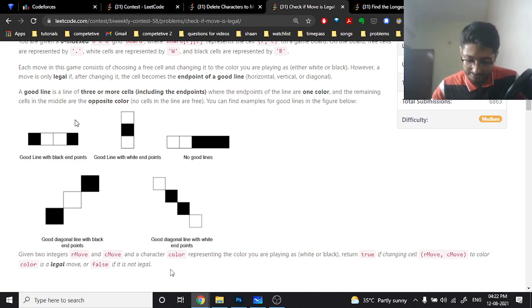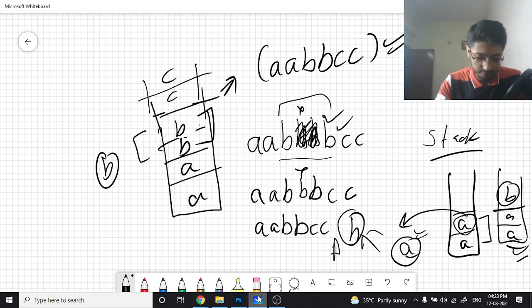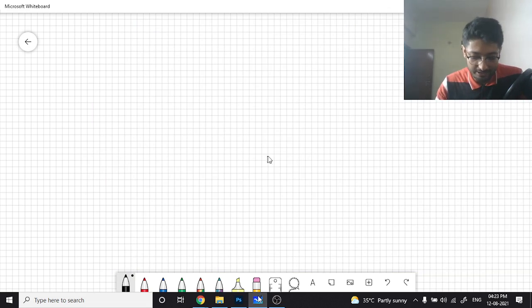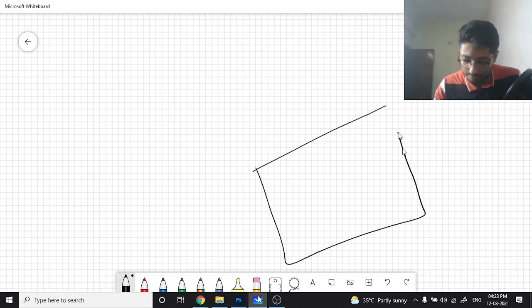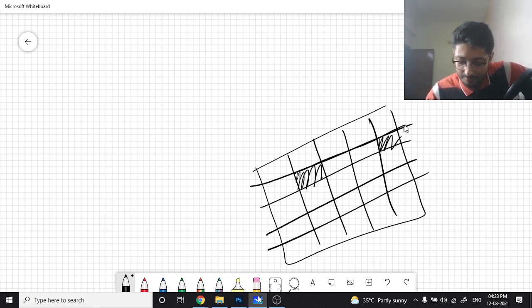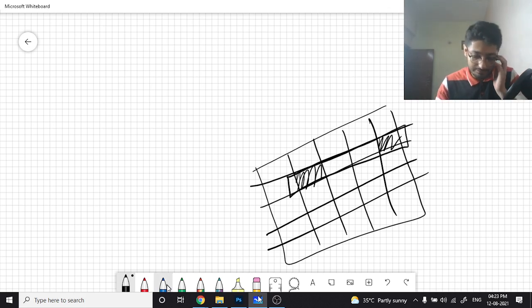Why? Because I can show you. First, delete this out. A good line is somewhat like this. You have some grid. Maybe I have one endpoint which is black and another endpoint which is black. Then this will form a good line because all the elements in the middle are white.